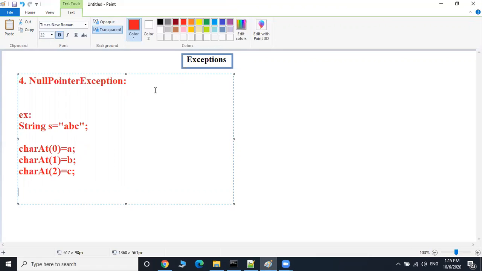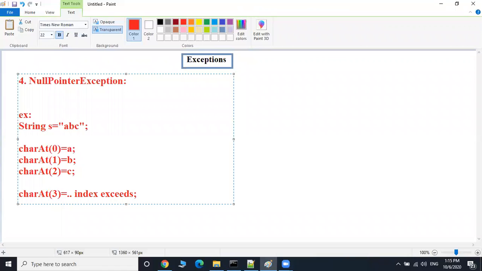And suppose I am trying to find the character at location 3. This is not there. That is, index exceeds.